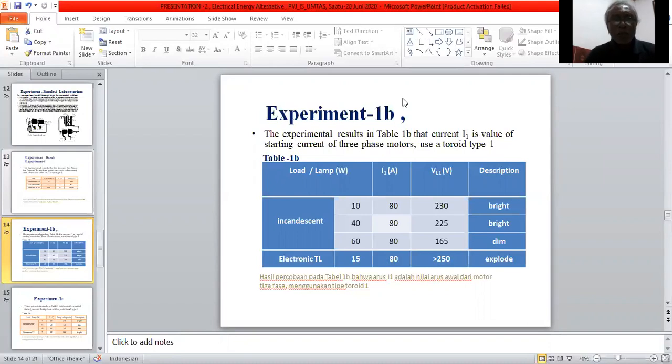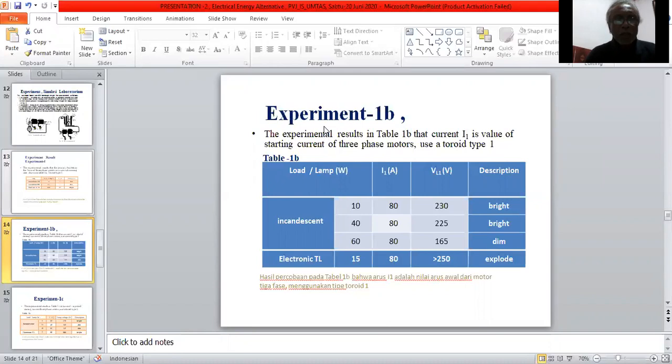Experiment 1B is intended to find out, with a greater current flowing through the power line, what is the state of the lamp,